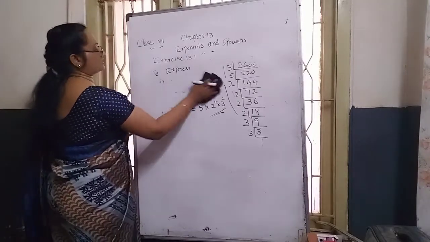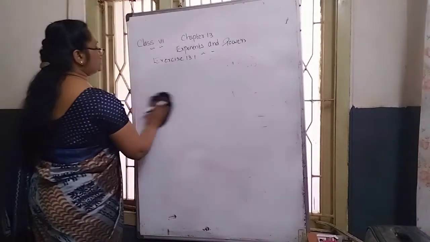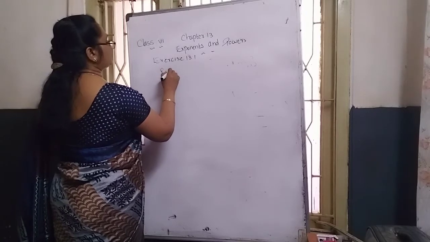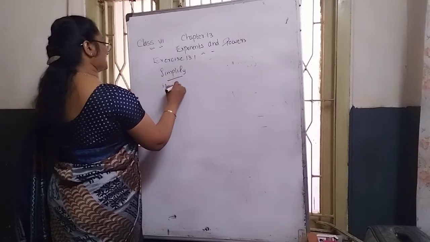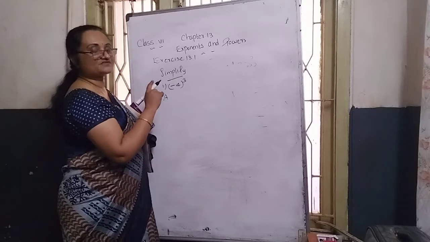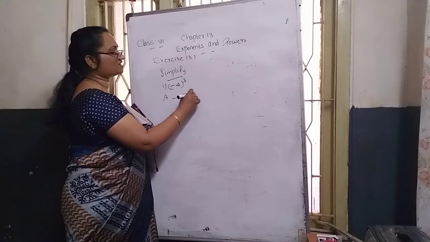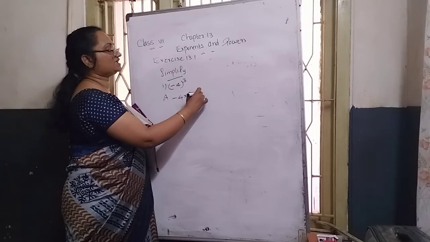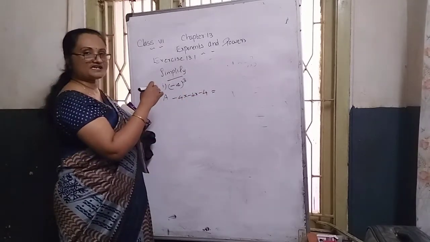Then next, Roman simplify. Simplification question. Fifth Roman says that simplify. First question is minus 4 raised to 3. Simplify. That means minus 4 is how many times to multiply? Here the base is minus 4, and the power is 3. Basis of power we are expanding, the power is 3. That means the base 4 is multiplied 3 times. Then multiply and write down the answer.